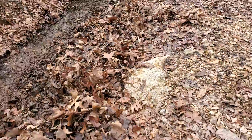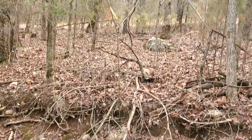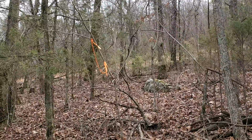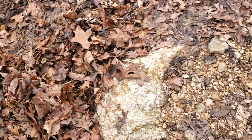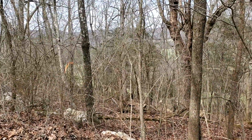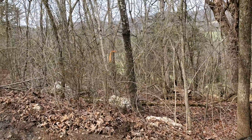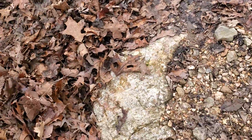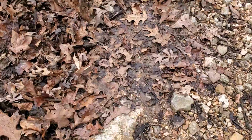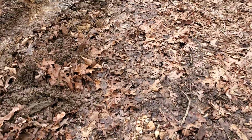But what I found, whew, my nice big rock, isn't that pretty? So if you look, right there's my orange tag. That rock is on my property. And then you come over to that side and there's my orange tag again. So the big rock is on my property. Once you pass the big rock, we're not on mine, we're on my neighbor's property. But what was happening